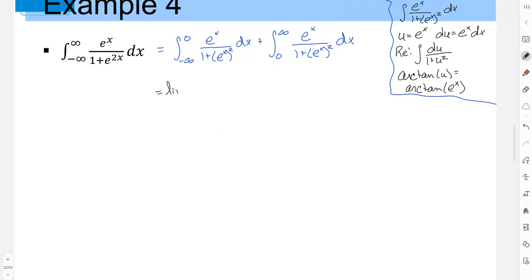So we have the limit. I'm going to use a's and b's here since I have to think about limits as a's here, since I'm going to have two different variables. So a goes to negative infinity